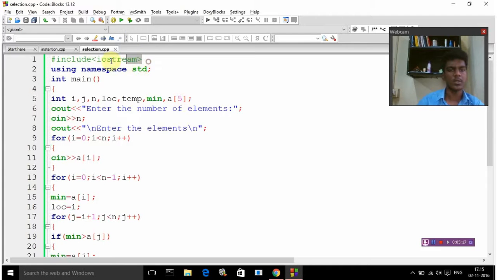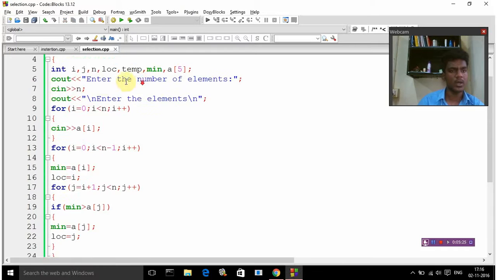#include <iostream> is the header file that I have used, and the standard namespace is used throughout the program. Now this is the main function of the program. I have given int main, and I have also taken i, j, n, loc, temp, minimum and a[5] as integers. Now the user should enter the number of elements. So I have given a user friendly code like cout enter the number of elements, and it will be stored